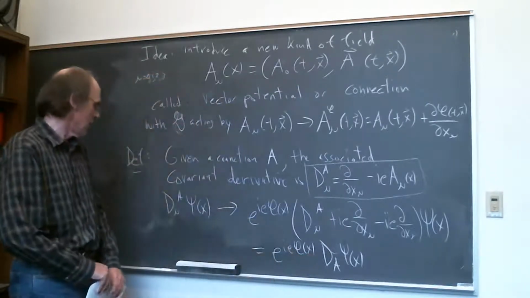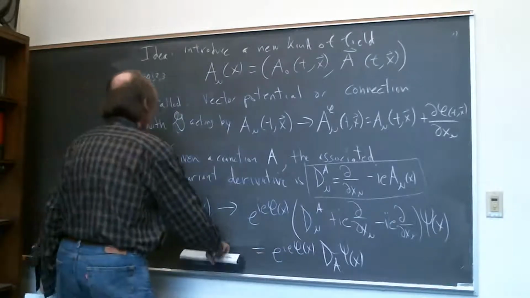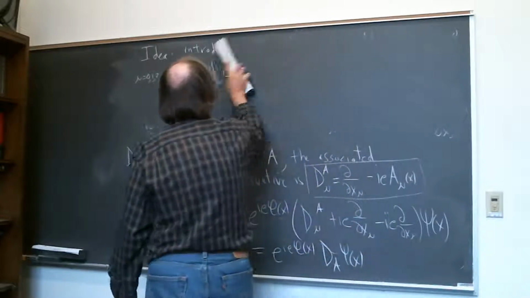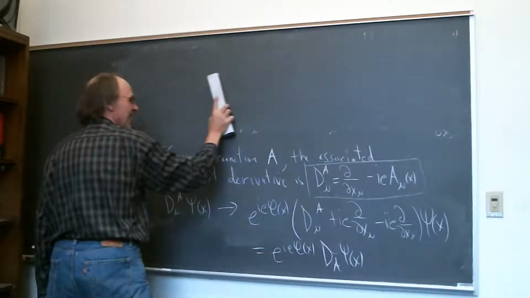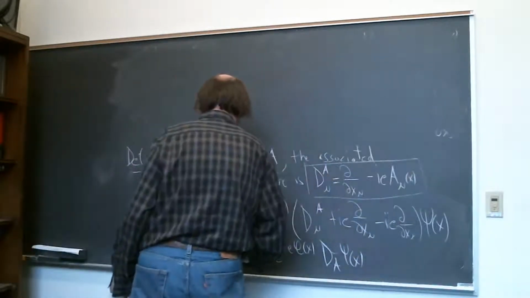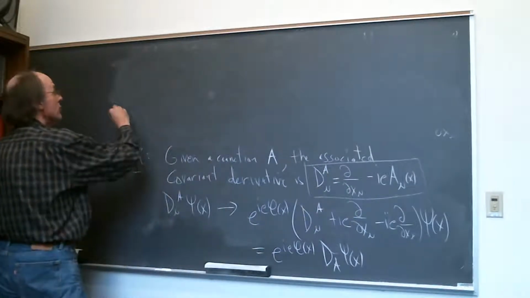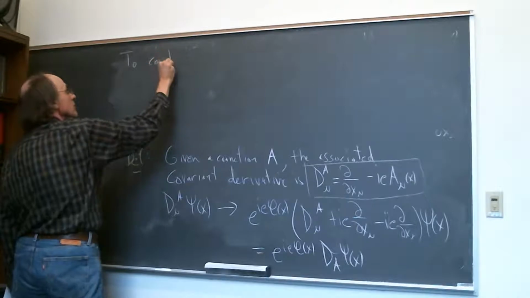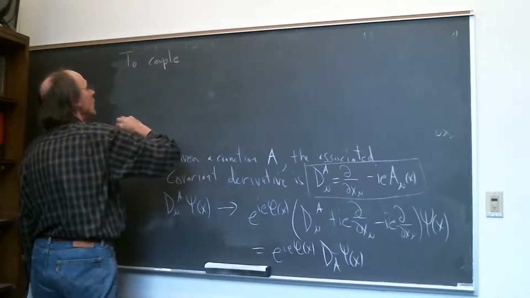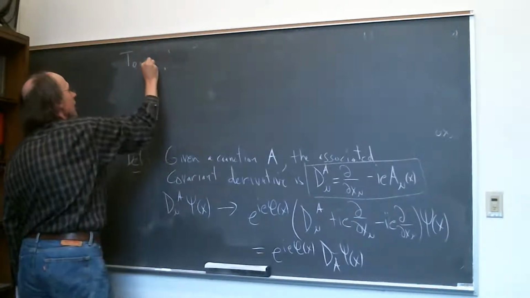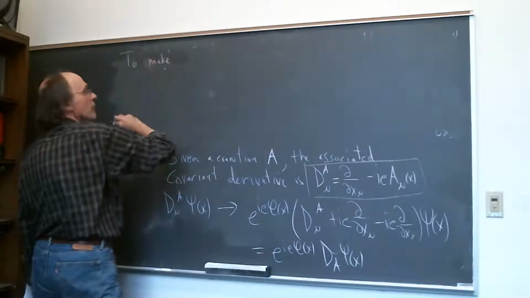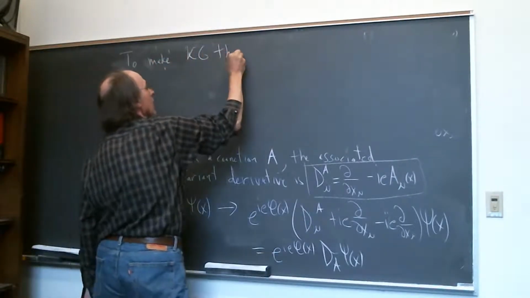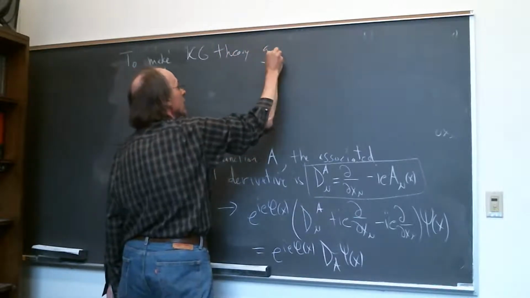And so now what you do is just couple. Well, let's do this right. To make the Klein-Gordon theory gauge invariant,